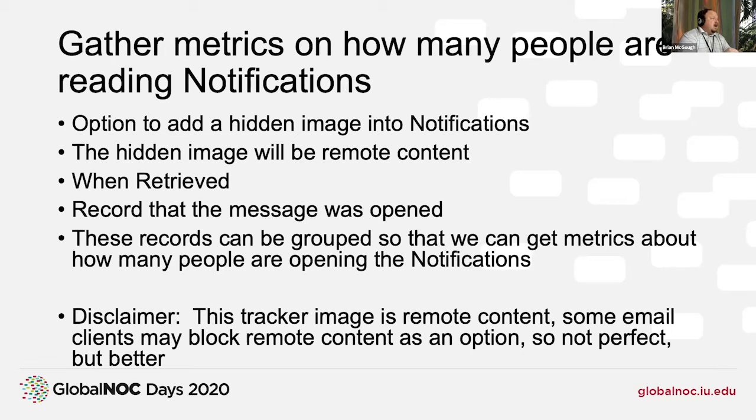If they actually read the message, it's going to load an image, unless they have their email client set to not load remote content, which some people do. And whenever that retrieves, we're going to record in a log that this particular message has been opened,